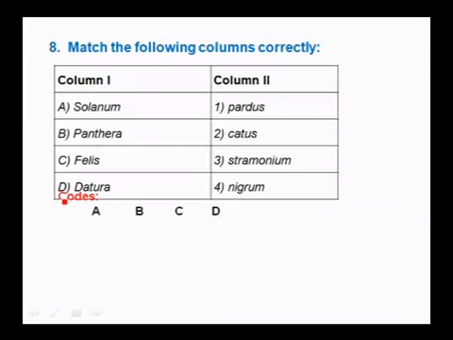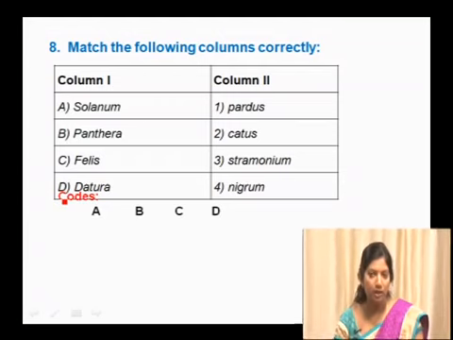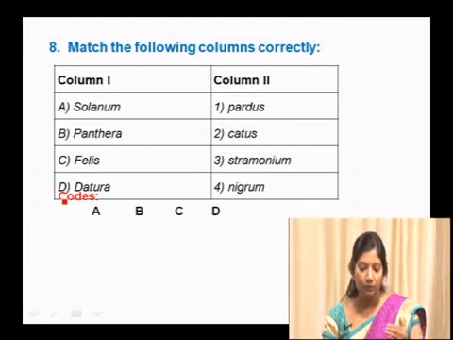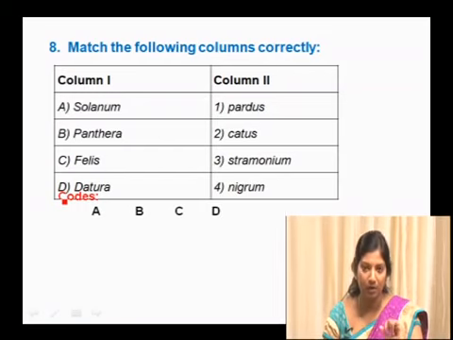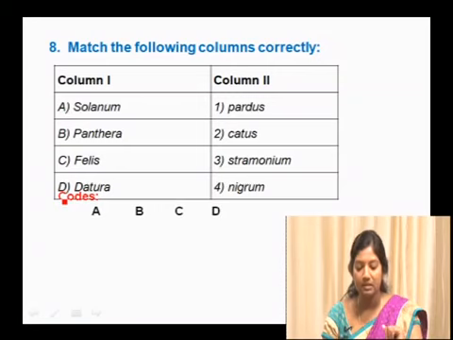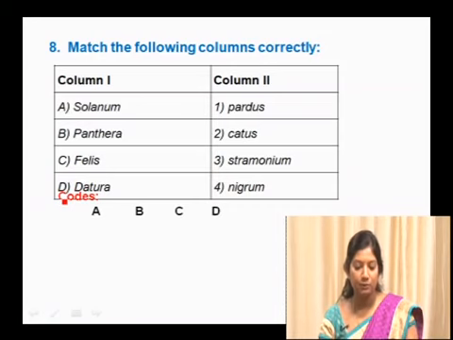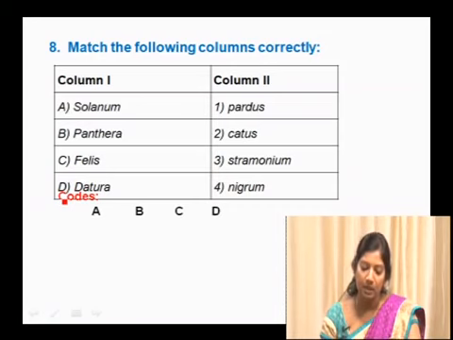Let's see the next one. Match the following columns correctly. It is a very simple match the following. If you observe carefully, we have selected binomial nomenclature. That is, we have considered the biological names of 4 organisms, 2 animals and 2 plants, and we have to match them. On the left hand side in column 1, we have given the genus name, whereas the species name is mentioned in column 2. Let us see the first one, Solanum. Solanum is the genus name and the species name is